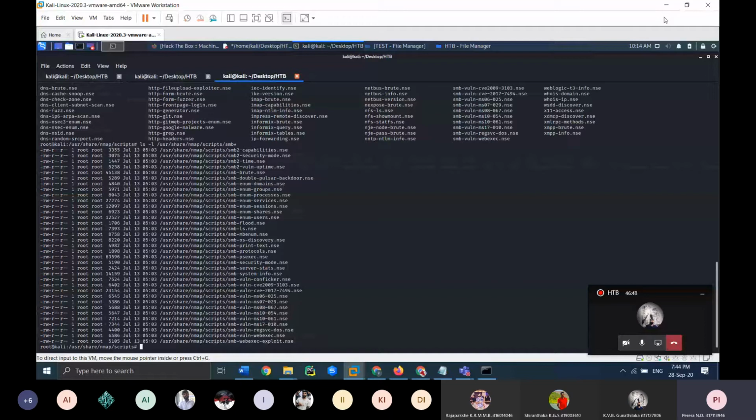Now perimeter firewall, SIEM and EDR and all these things can be bypassed if you know the proper mechanisms. If you have the proper bypasses, if you have the proper encoders, all these things can be bypassed. And as soon as you realize that you are inside the network, what you have to do is find the weakest point.